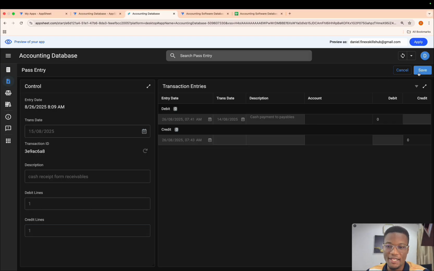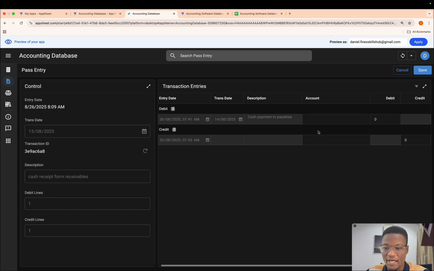And then we click on this edit icon. You see that over here. You see that there are certain sections that are grayed out. The ones that are grayed out are computation fields. They are calculated on their own by AppSheet. You don't need to do anything. The ones that are not grayed out are the ones that you need to do some inputs in.